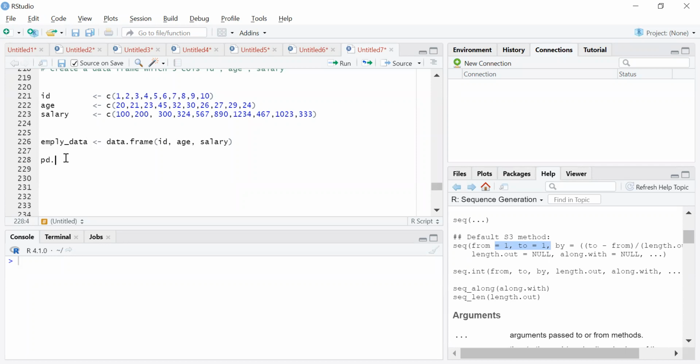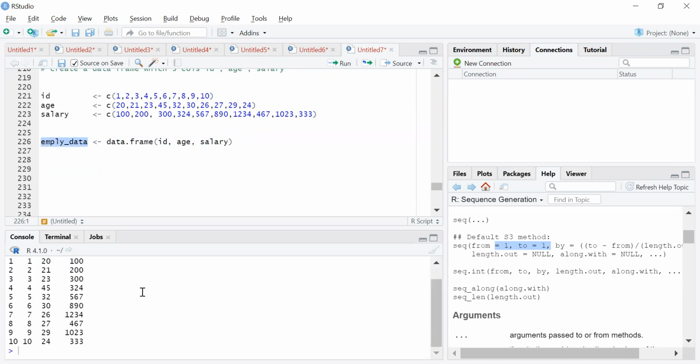You used to say pd dot capital DataFrame. यहाँ पे कैसे होगा? data dot frame, and everything is in small, and you pass your ID, age, and salary, store it in a variable employee data or wherever, and a data frame has been created. ID, age, and salary का data frame आ गया है. ठीक है, प्लीज गो अहेड एंड क्रिएट इट।